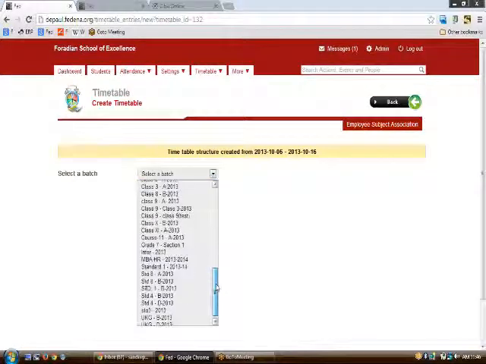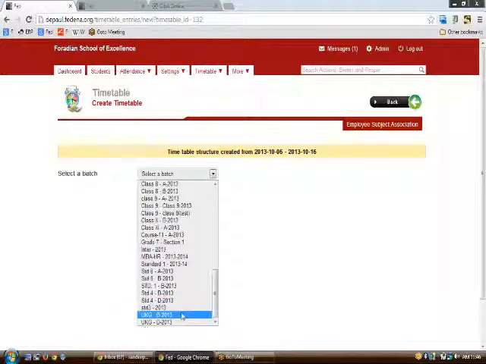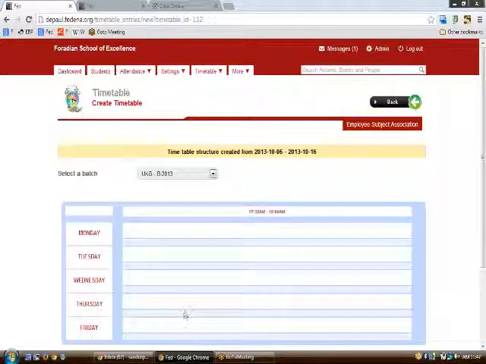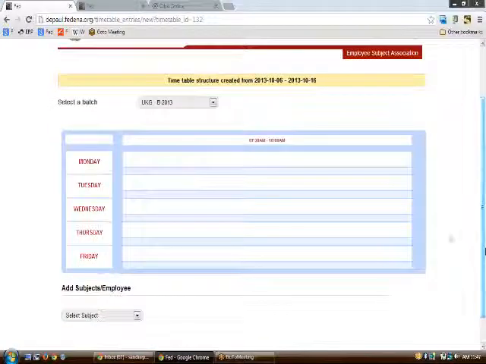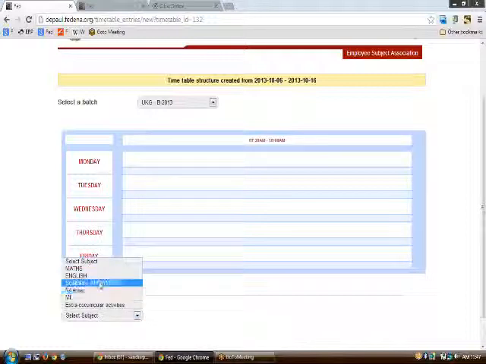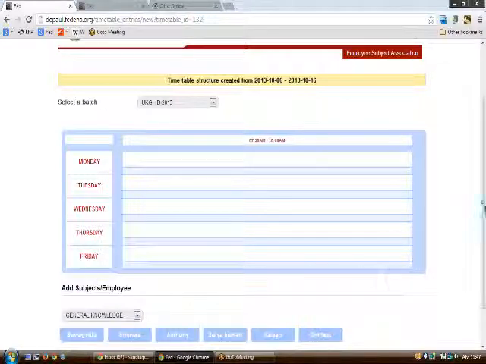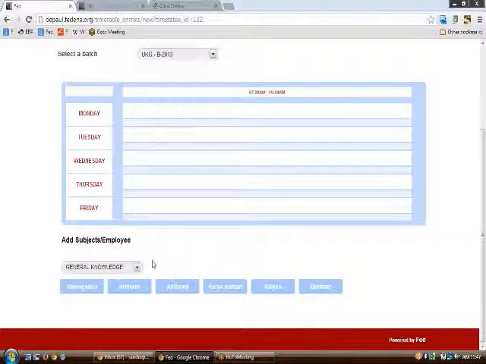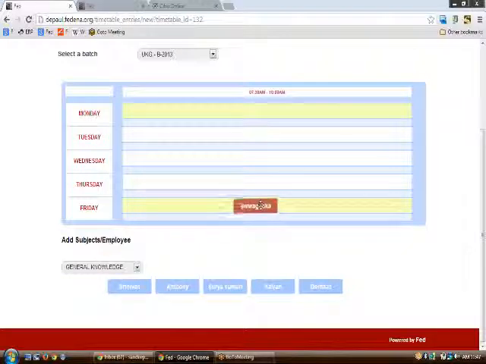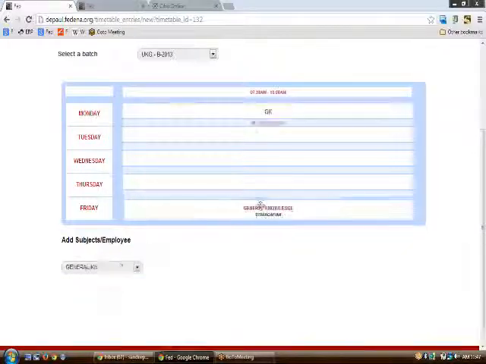So to create a timetable, all you need to do is click upon the particular batch for which you are creating a timetable, and I have created a single period for it, so the structure would look something like this. So we can have something like general knowledge in this, and whenever I want to have this, I can click upon and select the particular cell.